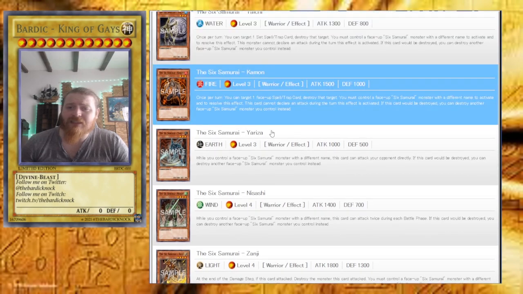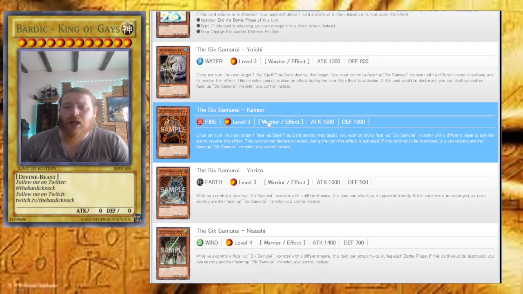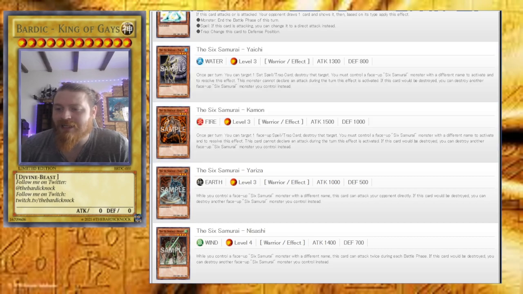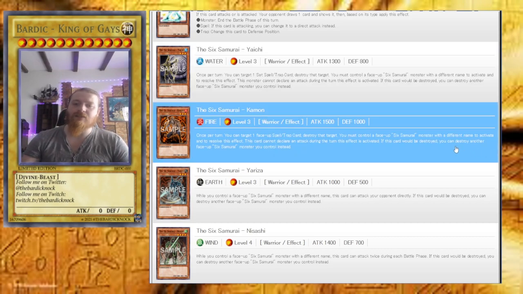And here we have the 6 Sams. We have Yaichi, who they all have the effect. Can use this effect when there is another 6 Samurai card, a 6 Samurai with a different name specified, and then if this card is destroyed, destroy another 6 Samurai card instead. You can destroy another face-up 6 Samurai monster you control instead. Okay, so